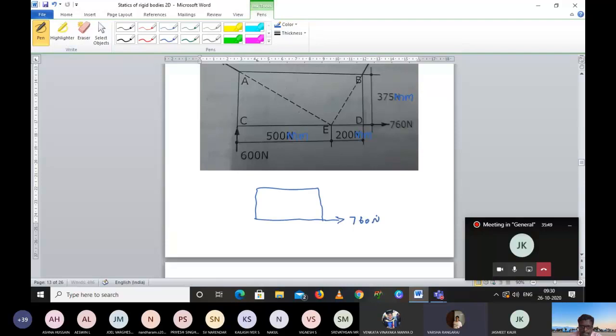Please, all of you mark. And you know this distance is 375 mm. And you know one force is acting here, that is 600 Newton. Please draw the free body diagram clearly, then it will be well and good. And what is the force acting here on the left side? 500. The right side? 340. Okay, sorry, 340.